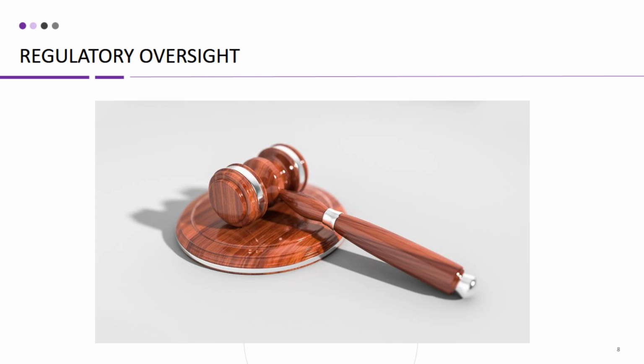Regulatory oversight is a crucial component of ensuring the safe operation of nuclear power plants and protecting human health. In most countries with nuclear power plants, there are government regulatory bodies responsible for overseeing the safety and security of these facilities. Regulatory oversight typically involves a range of activities, including conducting inspections, reviewing safety reports and license applications, assessing safety culture, and enforcing safety regulations.